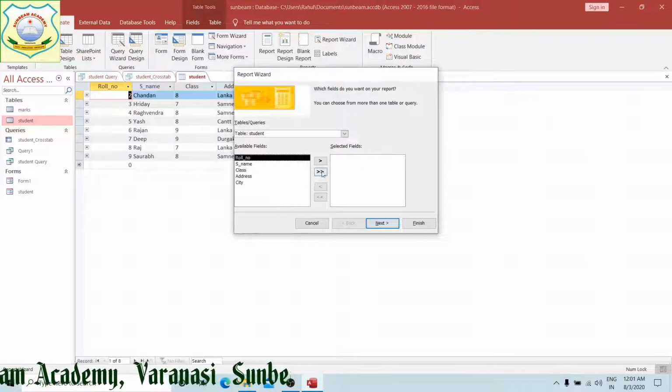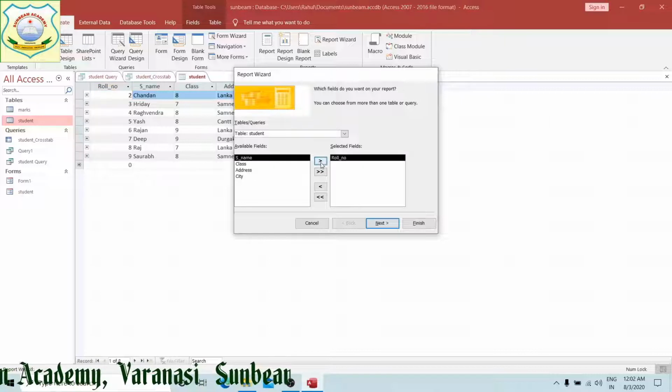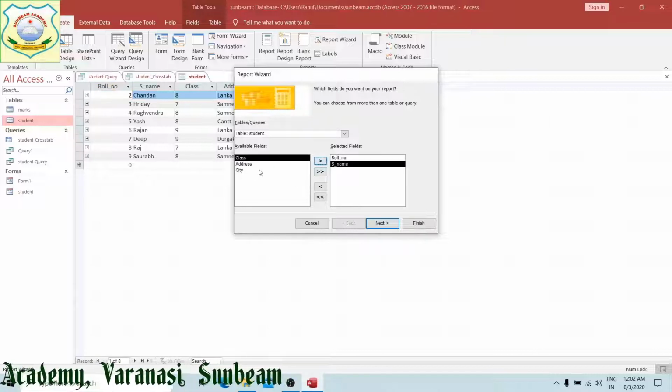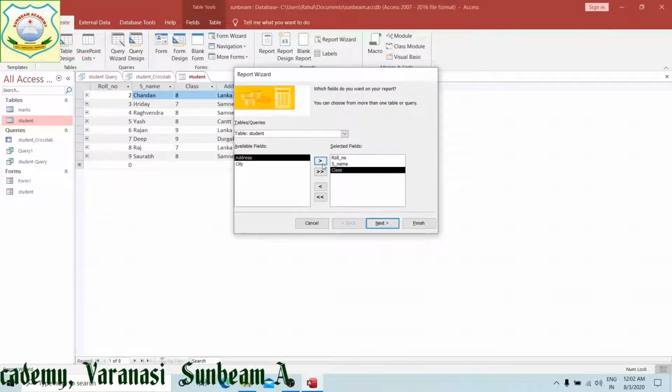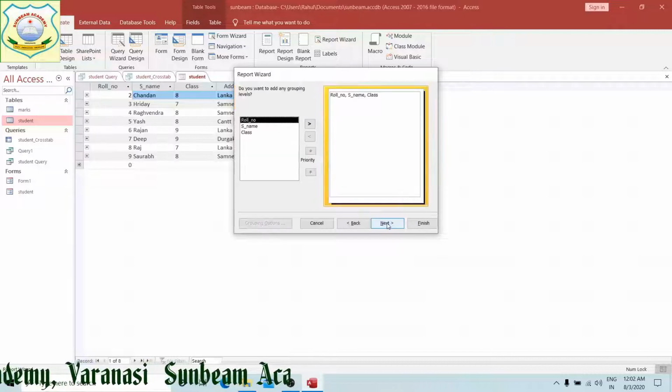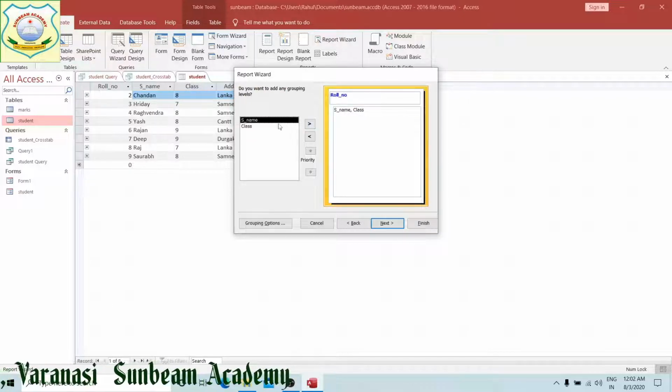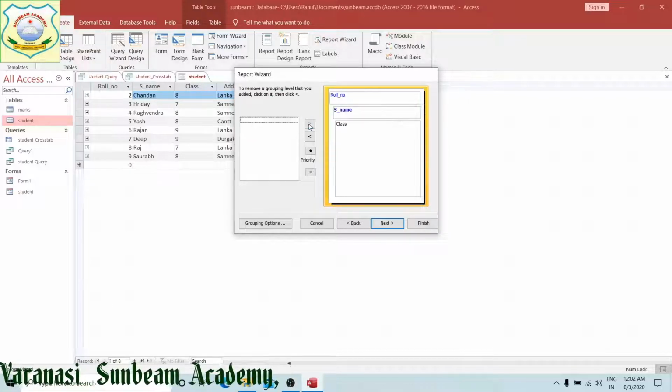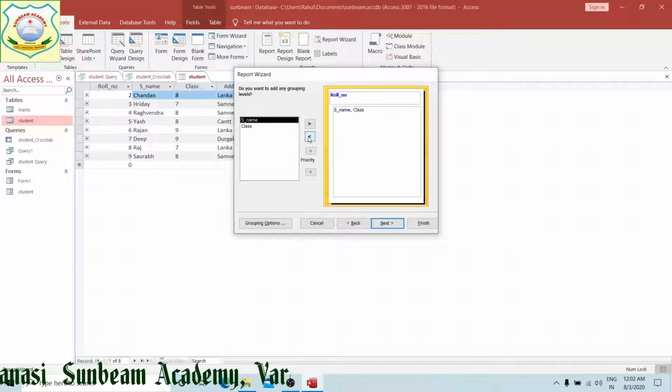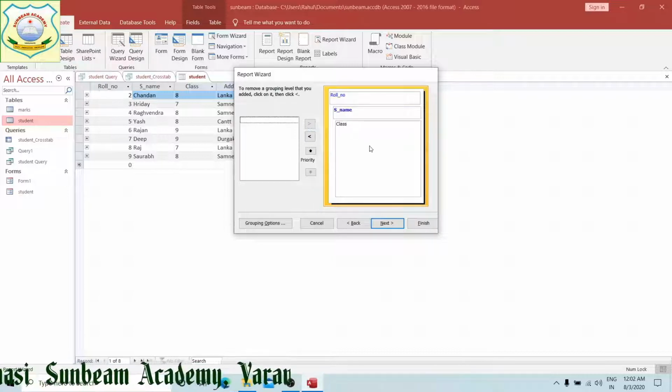Into this we will select only roll number, student's name and class. For this I am going to create a report. Next, right, roll number, student's name, and it has come over here.